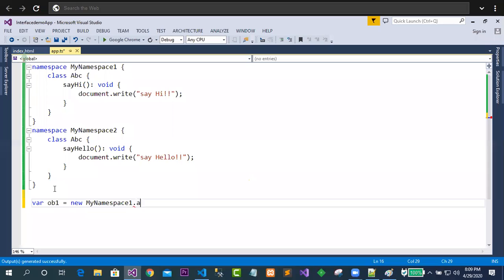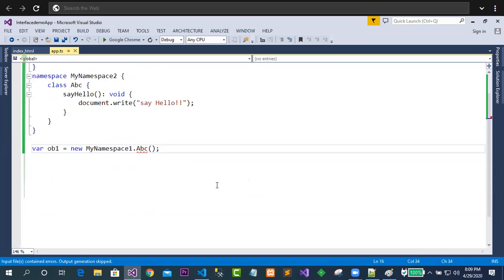Am I getting ABC here? If I write ABC like that, just see what error it is saying. Place the cursor on it, and it says property ABC does not exist on the type my namespace 1. It is telling that it doesn't exist. Oh my god, what is the problem?